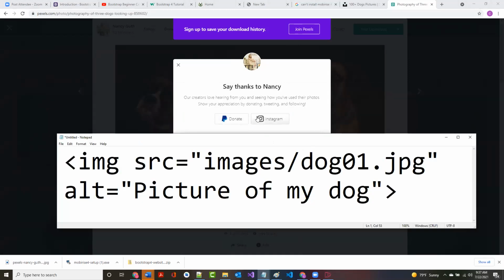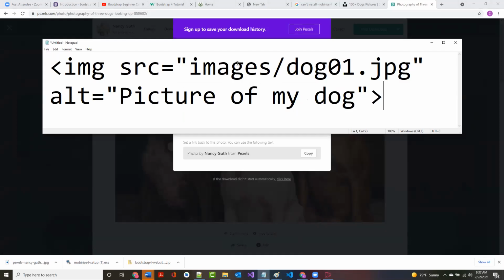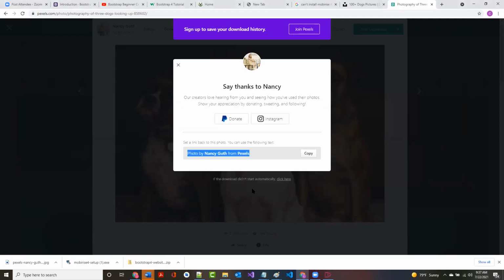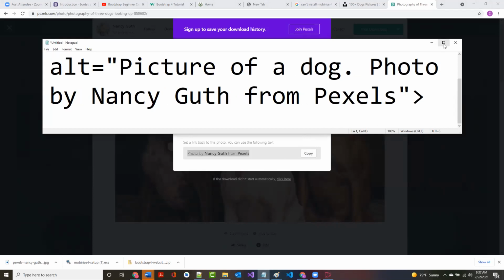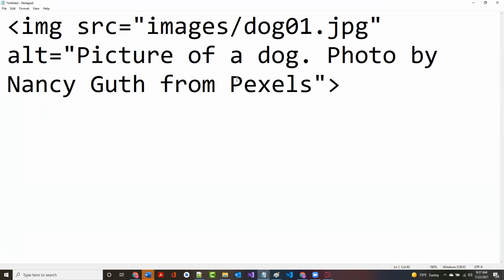What they're saying right here is, hey, it would be nice if, when you are putting in your alt tag, and I said, I'm just going to say picture of a dog, and then I'm going to put a period here, we get the whole thing up here. So it says photo by. So what I'm doing is I'm giving some attribution to the person who put the picture out there. All they're asking is you're kind of giving them an electronic thanks.